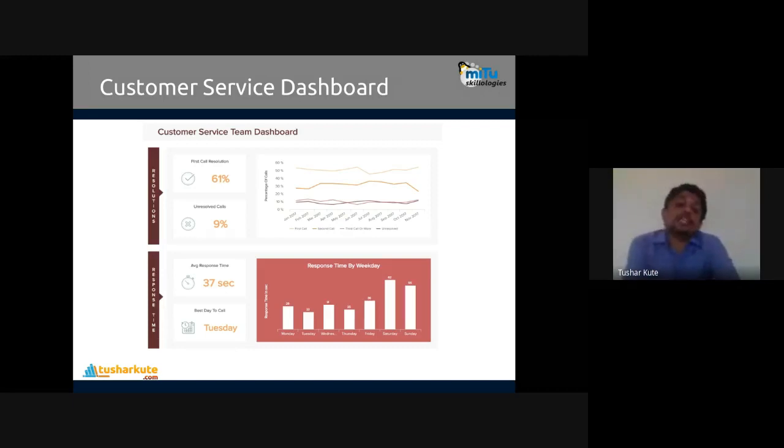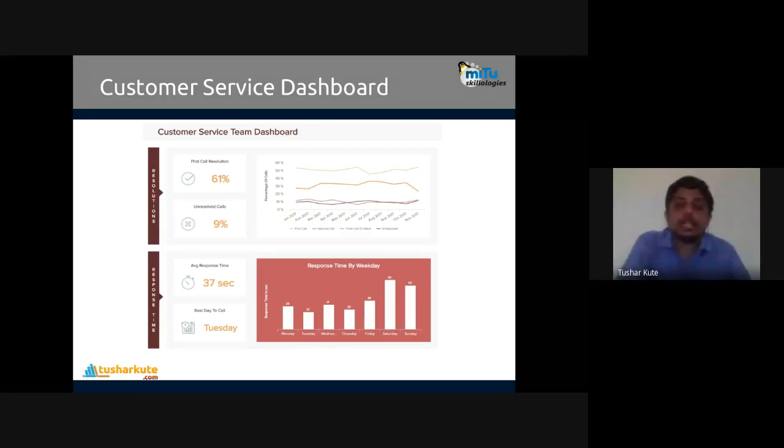That's what we can observe, meaning we can identify that the resolution of the call is done in the first call itself. Resolution of this problem from the company's side is done in the first call, for the maximum of them. We can reduce the number of calls in the second and third call, making first call resolution the maximum, as we can see. Unresolved calls are still 9%. Then the person who is responsible for the customer service team will take care of it, or will make some decision on what to do in this case. So the number of calls resolved in the first call will be more and unresolved calls will be less.